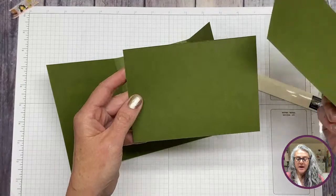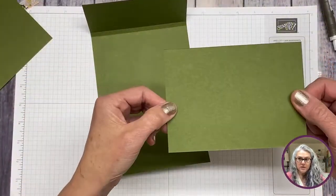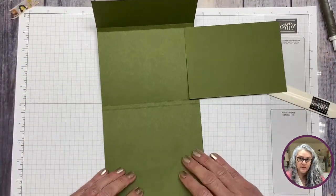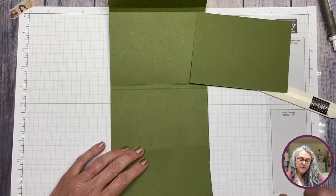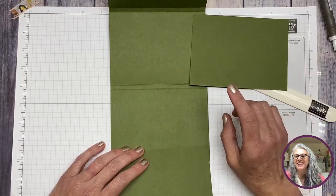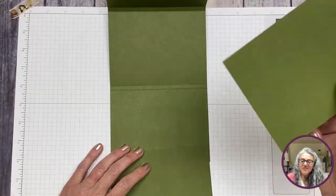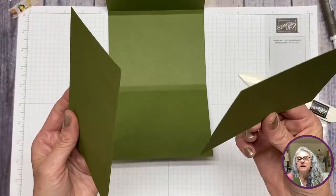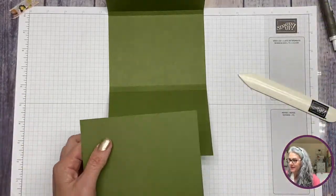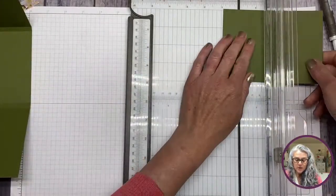The next thing we're going to do, so I have these two pieces. These are 5.5 by 4. So this one is going in, we're going to score it, and it's going to go on the side. And this is one of the panels that go in on the bottom edge. I just left 1 and 1 because really we need 2 of each. Oh, yes, fussy cutting and I are not very good friends. We are going to do identical pieces, and so we don't really need to do them both on the live, just to make time a little better. We're going to take this one, we're going to score the one on the side, and this one will be scored at